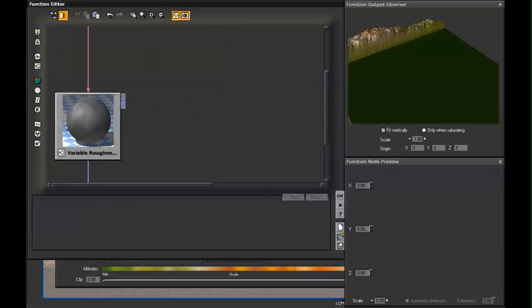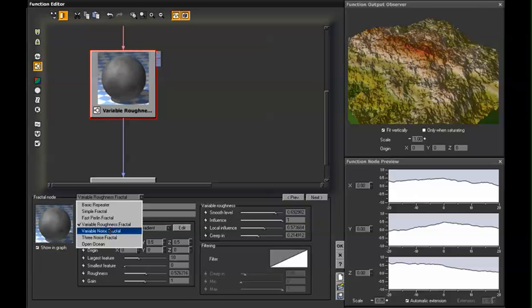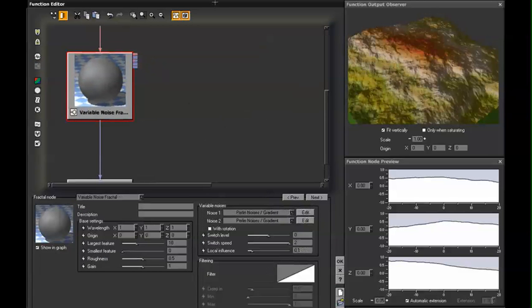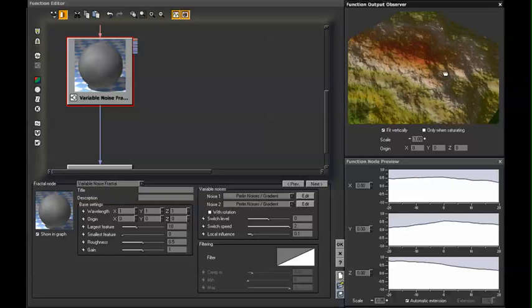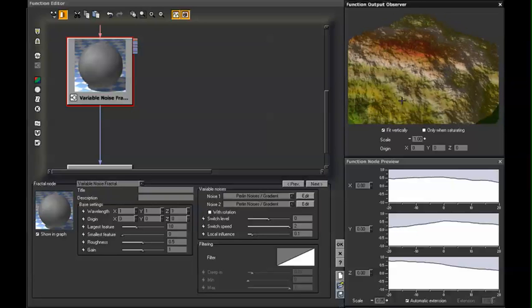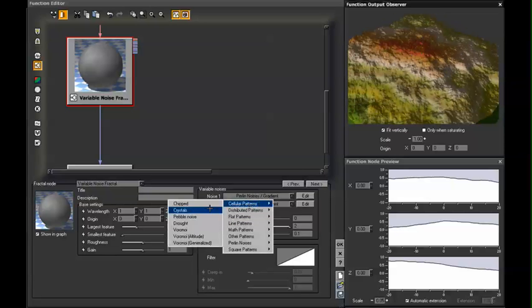So let's take a look at some of the other options that we have. We have a variable noise fractal. In this way, we can determine the variations with different noise settings. So we have a noise 1 and a noise 2. And you can see where noise 1 is typically over on the left side in part of the base settings. We now have it in the variable noises section, where we can use multiple noise options in order to work on the same fractal. So I can change this to our Voronoi,